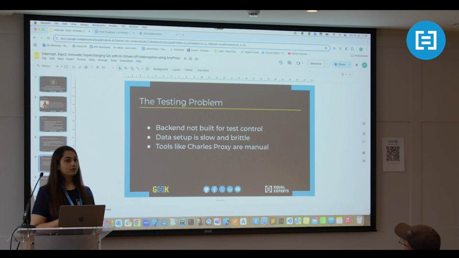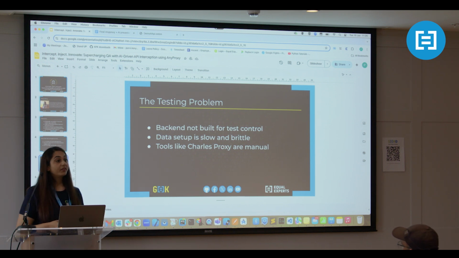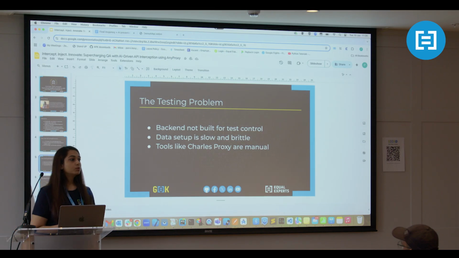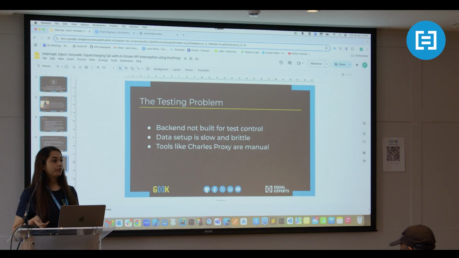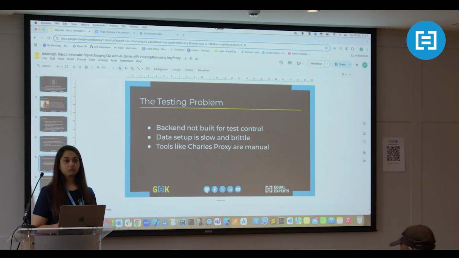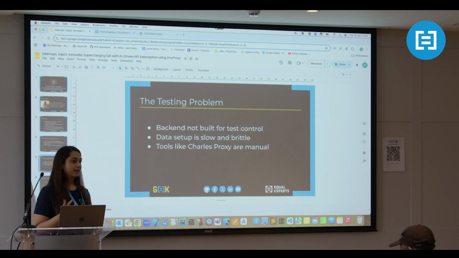The second solution is that we pair with a backend person and tell them to send us the response that we want while we are testing. Not at all possible, right? It's impractical. The third thing we can do is use a proxy tool, but manually intercept. We go to the proxy, we have the rules intact, but we put it on and off manually. But again, automating the UI, which depends on dynamic backend responses, is not possible without manual interception.